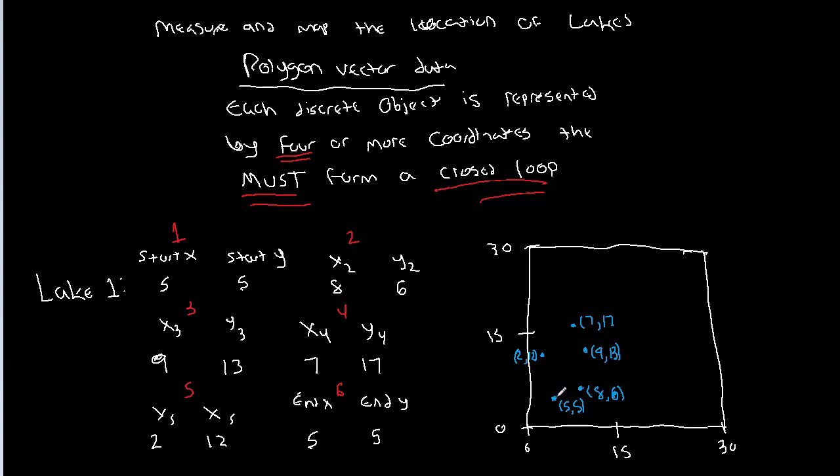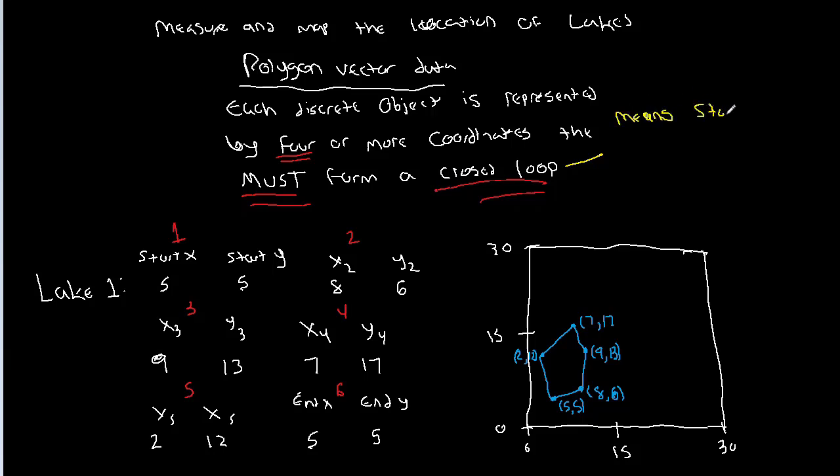And so what we're going to do, just like with the line, is connect all these points together. Right? Now this is where the must form a closed loop part comes in handy. Because if it has to form a closed loop, what that means, and I'm going to make a note of this here in, let's say, yellow, right? Must form closed loop means